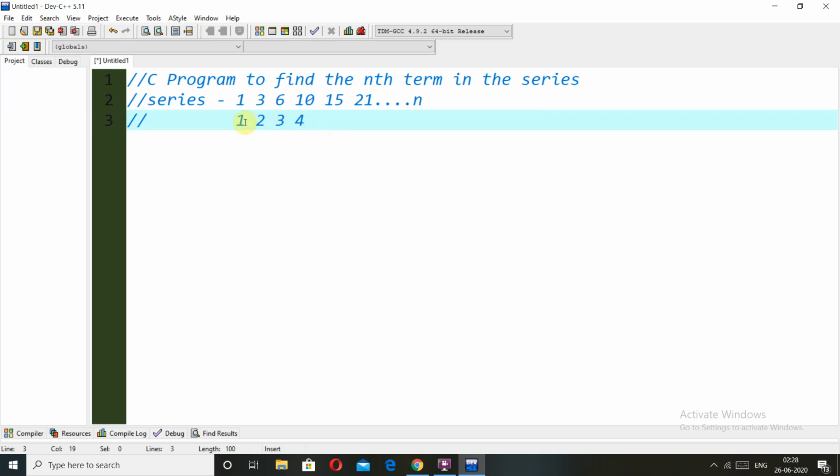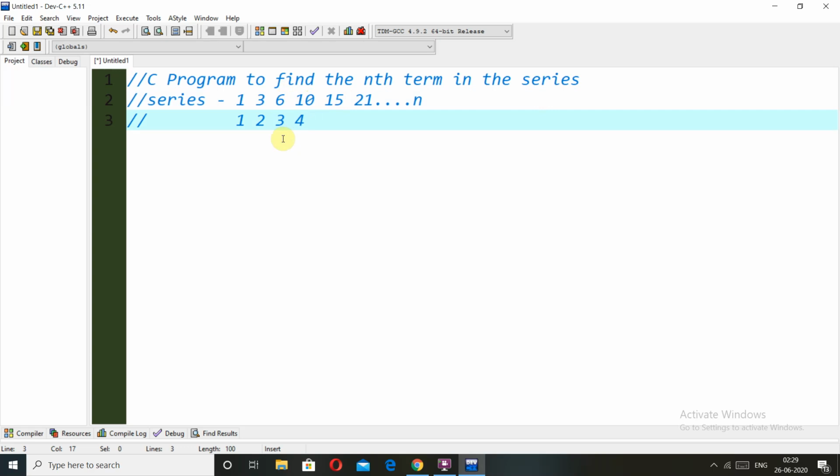So what is happening here, guys? At first index, when the value of I is 1, we are getting the answer as 1, and if the value of I is incremented and it becomes 2, then we are getting the answer as 3. That means we are getting the value of I plus the last answer that we have got. So this is the whole series, and if you consider index 3, then 3 plus 3 is giving us the result 6, and at index 4 we are getting the answer as 10 because 4 plus 6 is 10.